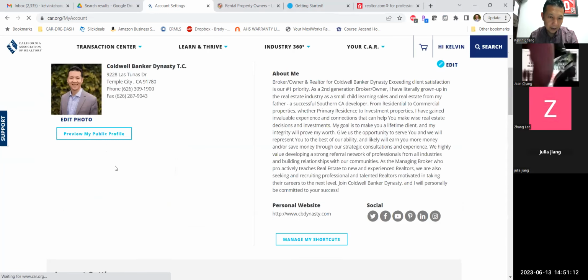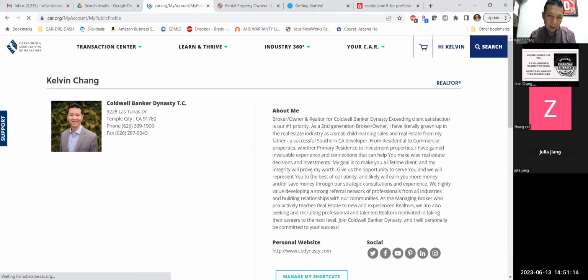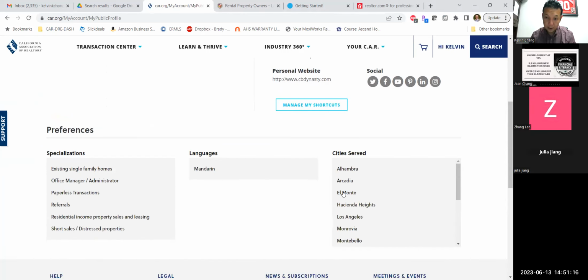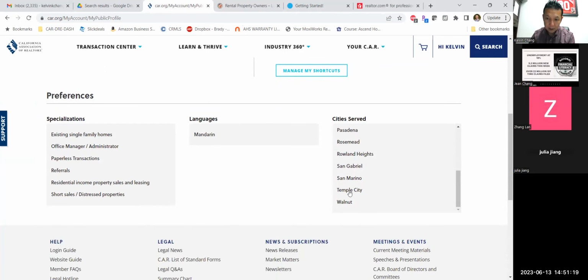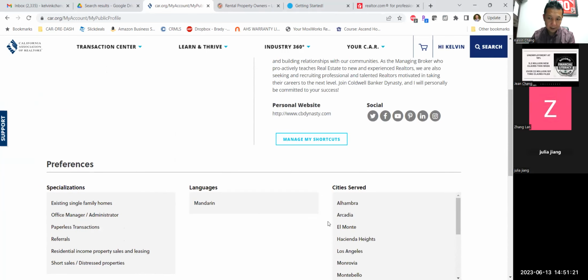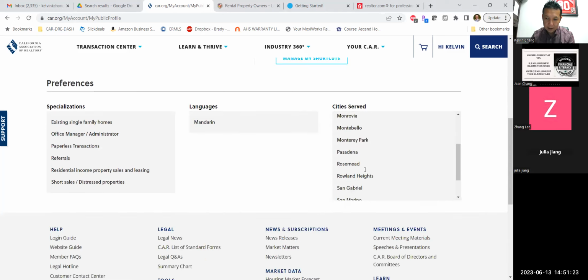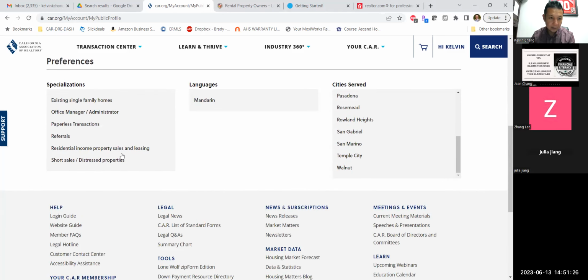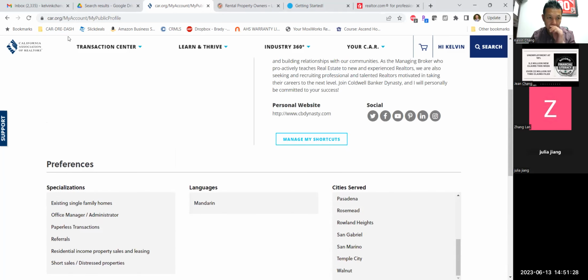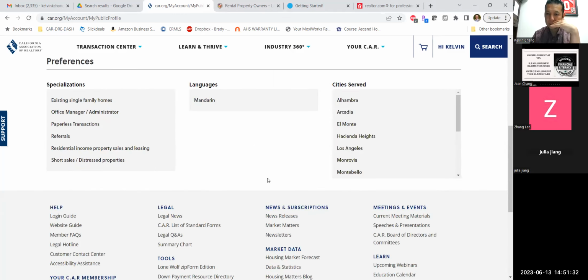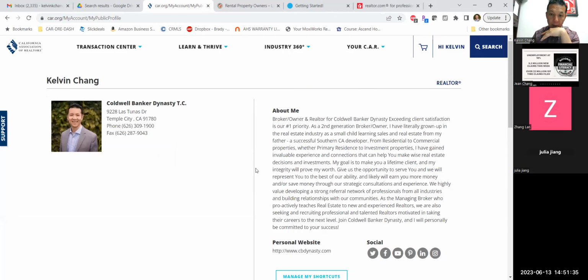Okay, so now I can go into here and preview my public profile. Make sure to do this on your own as well. So now I added all these extra areas that didn't pop in. Maybe it takes some time to refresh too. So we'll wait till later on and I'll double check on it to make sure, because it takes time to update a website. Other than that, going back to CAR's website, I want to make sure you guys are well aware,